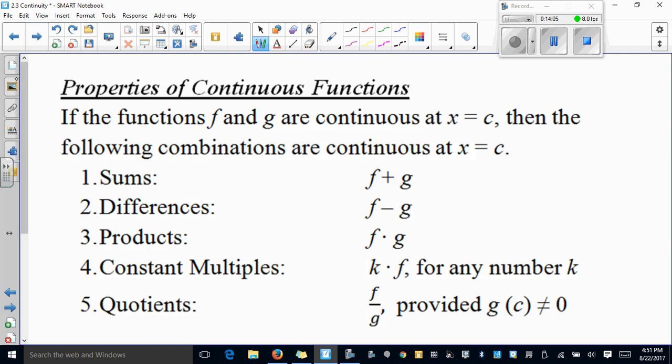So do be careful. As long as we're talking about the domain, we're good, because as we move further into calculus, we will break it down. I will give you an equation, and I'll say, okay, we're looking at the interval of 3 to 5. I don't care if it's not continuous everywhere. I just care, is it continuous between 3 and 5? Okay,